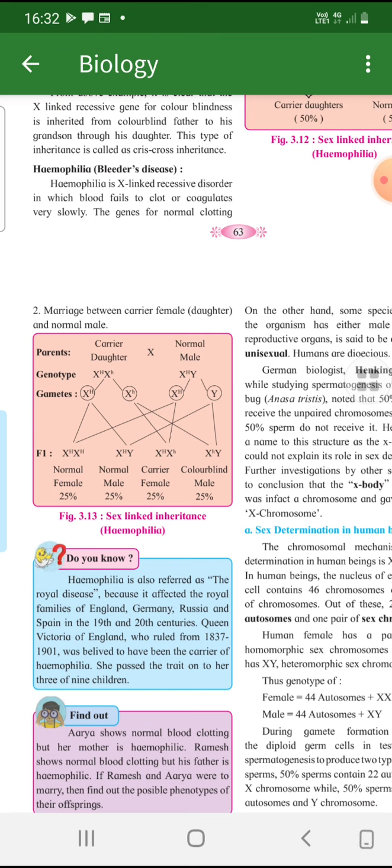Now, in examination, if a question comes, write an example of cross showing a sex-linked inheritance. So remember, we are talking about color blindness or hemophilia, anyone. If they specifically show you this cross, they can also ask what kind of observation you can write for this. Then you have to talk about crisscross inheritance and transfer in the sex-linked gene, or the genes which are in X and Y, they are responsible for the transfer of the disease. That also you can explain.